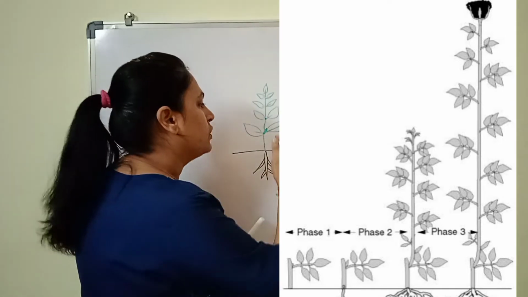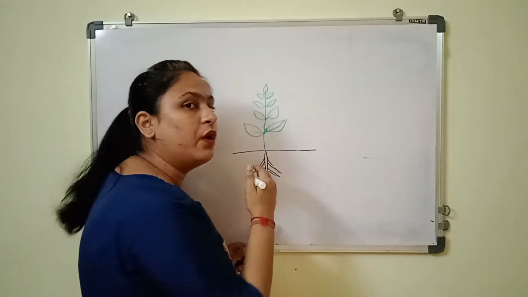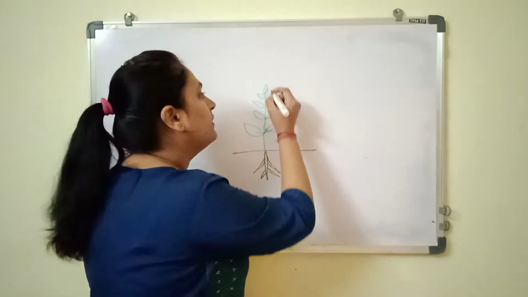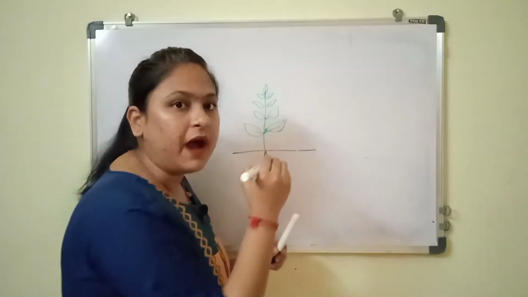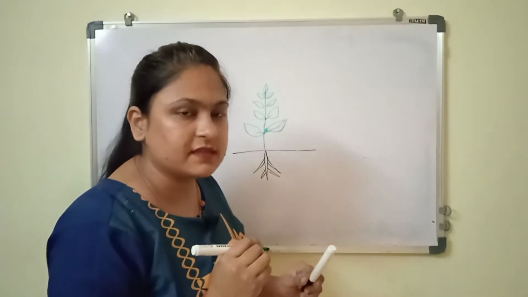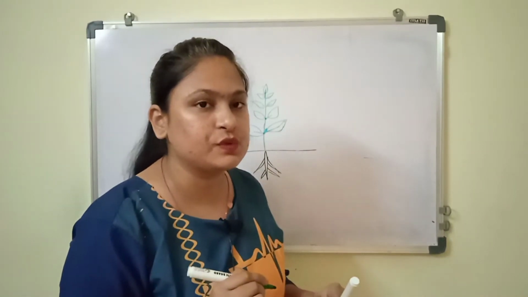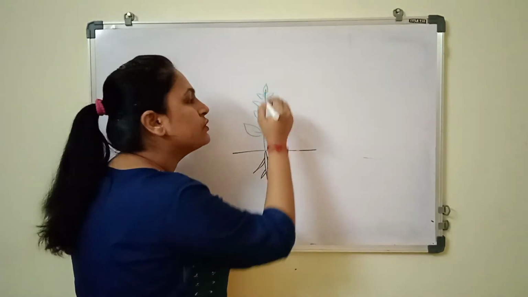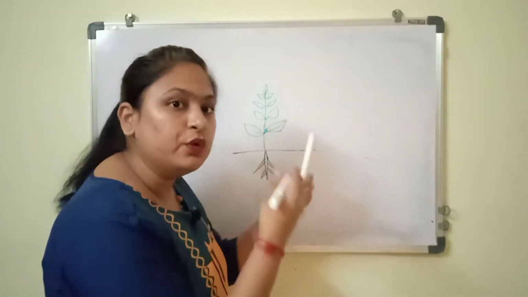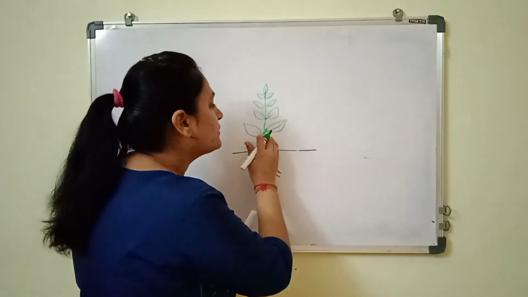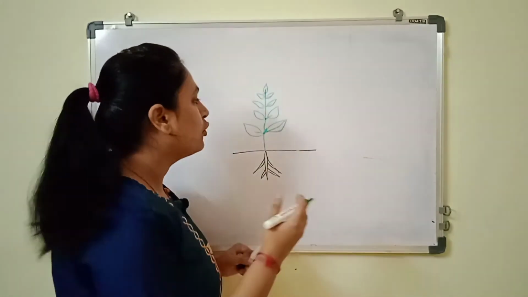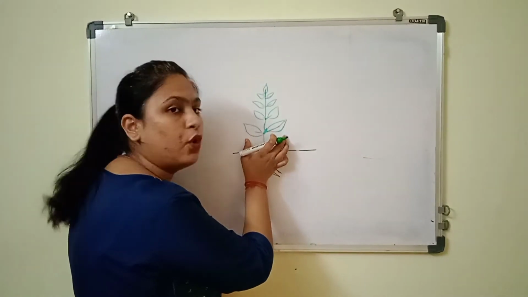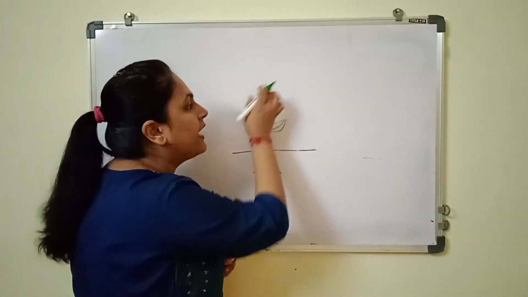And how does the leaf grow? The apical part of the shoot apex consists of meristematic tissues, and this meristematic tissue gives rise to the new leaves. The leaves always grow in an acropetal order. What do you mean by acropetal order? That is, the older at the base and younger at the apex.